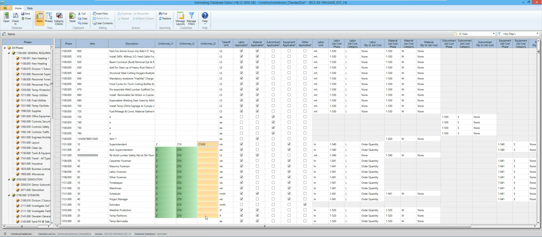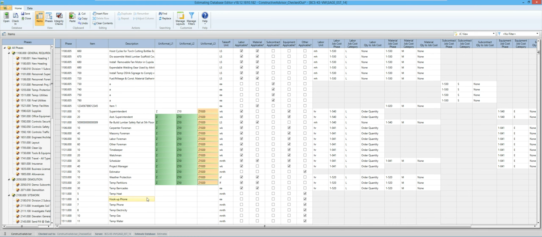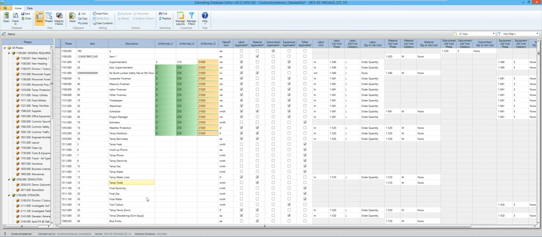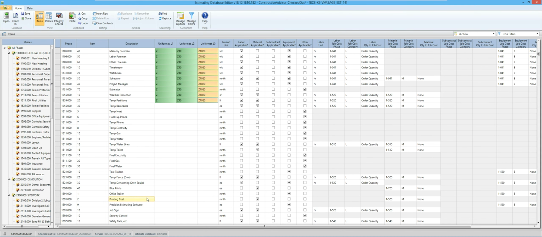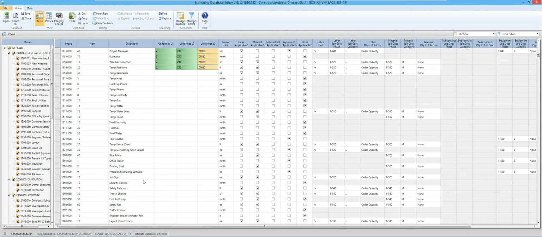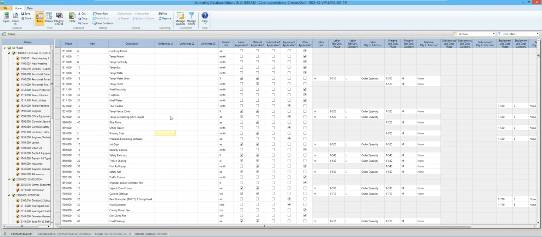So that's basically how you can go back through and put these on all your different database items. So I'm going to go through here so that in our next session, when we start talking about doing an estimate, I'm going to code out a few more for a footing and a slab and a wall and a couple of those types of things. That way when we hit our next session on utilizing, we'll have something in there that we can utilize. All I'm really going to do is go down through there and find items to do with my footing, and code those to the appropriate items and so forth.